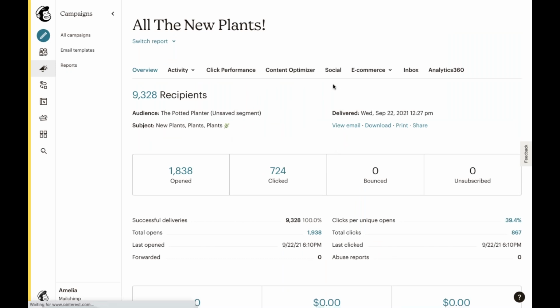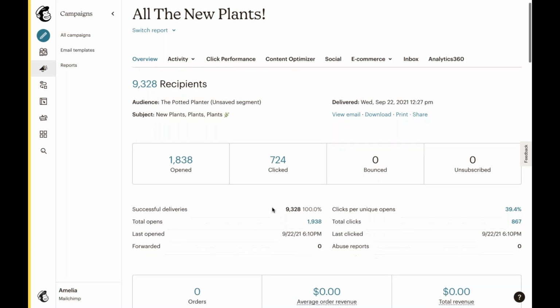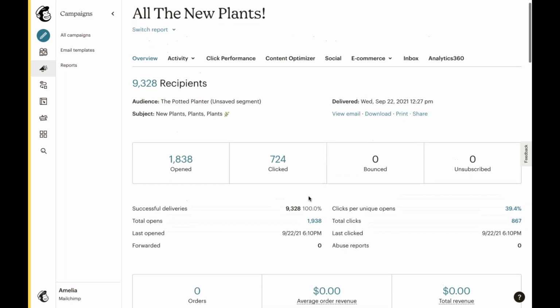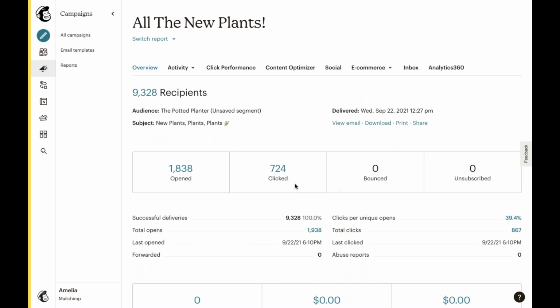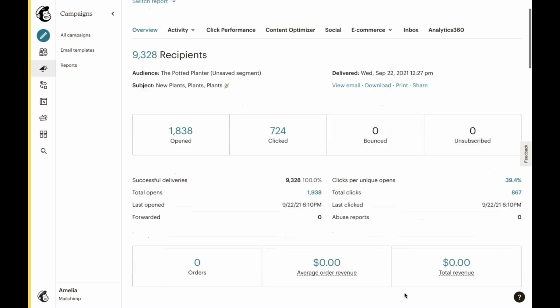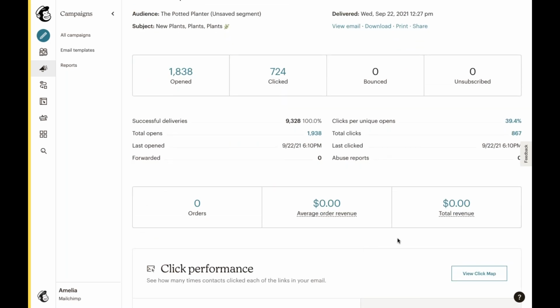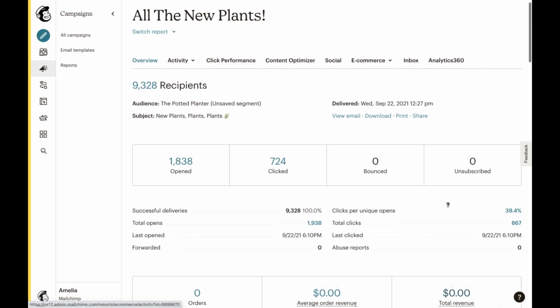All right, so some of the key metrics that can be tracked here include open rate, which is a percentage that tells you how many subscribers opened your successfully delivered campaign. Click rate, which is a percentage of how many successfully delivered campaigns registered at least one click. And revenue, which shows you how much money an individual campaign generated for your store after a subscriber clicked into it. Learning more about your audience with these insights will help you to create personalized campaigns to discover the best next step for you to take.